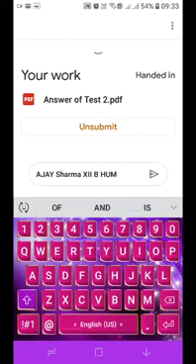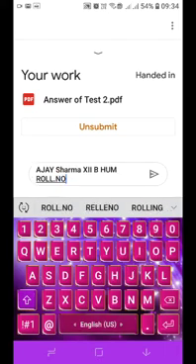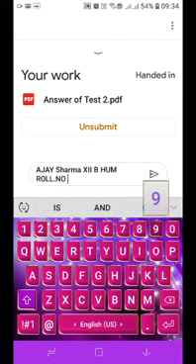Then roll number, suppose 9. These things should be properly written in the copy as well as here. Now your phone number, write PHNO.